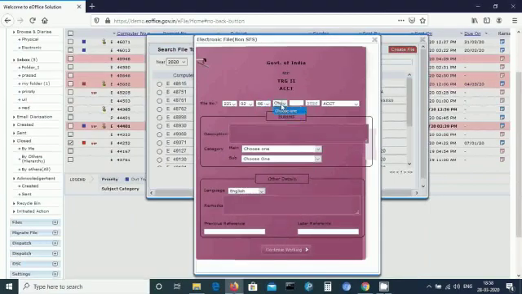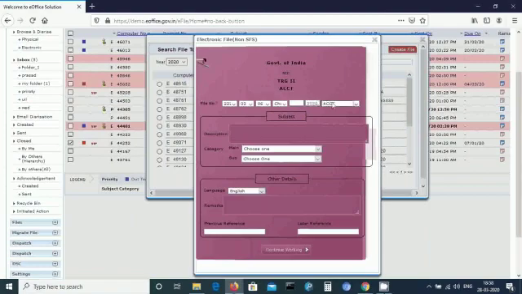Now this column will remain blank. It is the system generated file number which is given later after creating a file, followed by the year on which the file is created, and the last is the section.